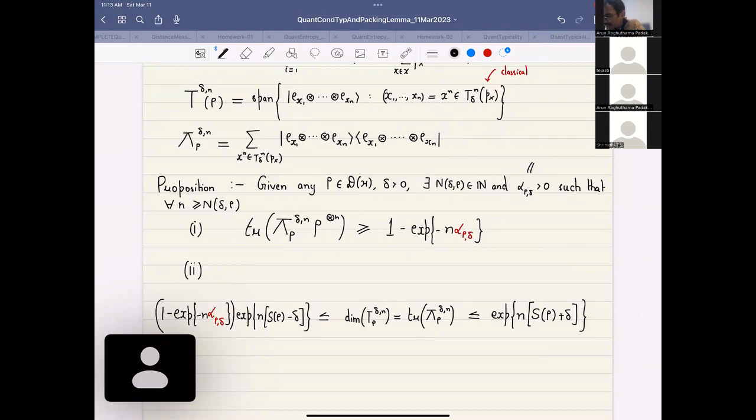T delta n. I mean, it will end up being that. T delta n px. Yeah, that is true. It will just end up being the size of T delta n px. That's true. Because, see, okay, I'll tell you why. Because observe